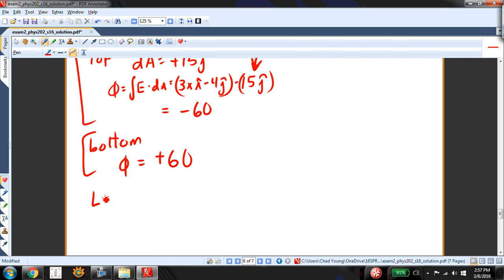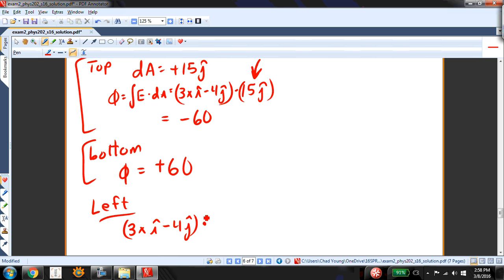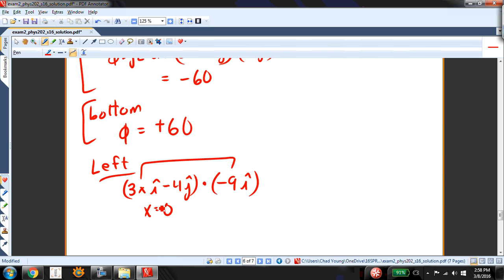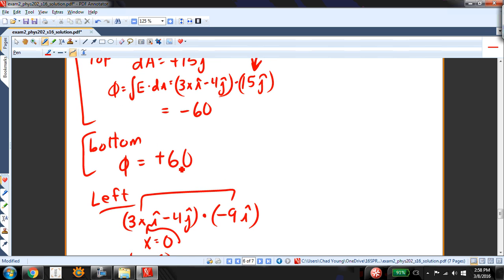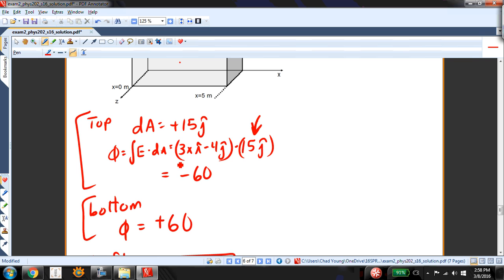The left is going to be 3xi minus 4j, dotted with the left vector, which is minus 9i. So these will be the only terms, but on the left side, because x equals 0, the flux is also going to equal 0. This x will plug in here and give me 0 flux. So far I have 3 zeros and a negative 60 and a positive 60, and then the only thing left